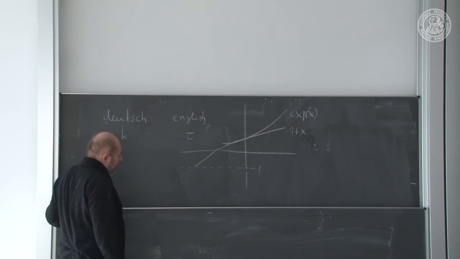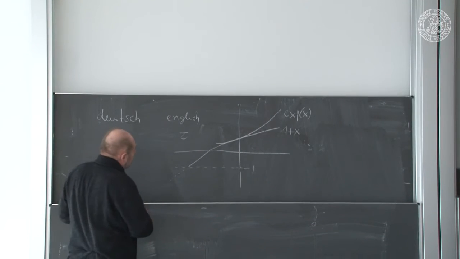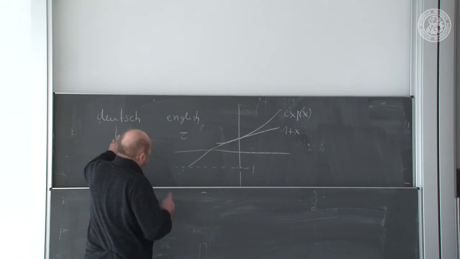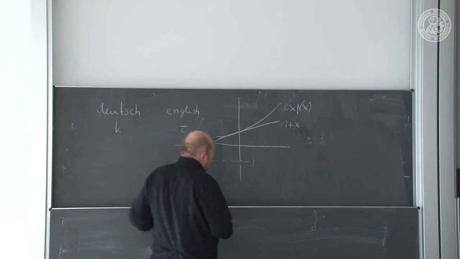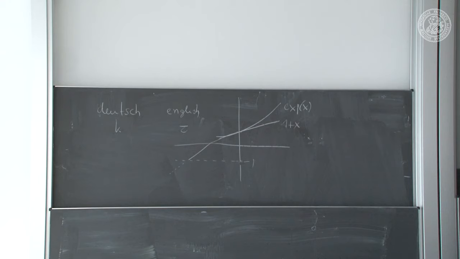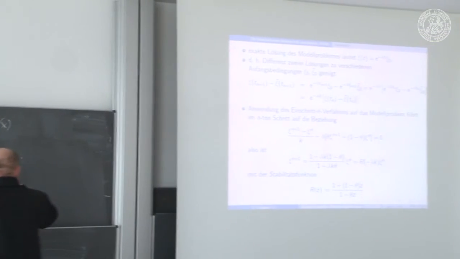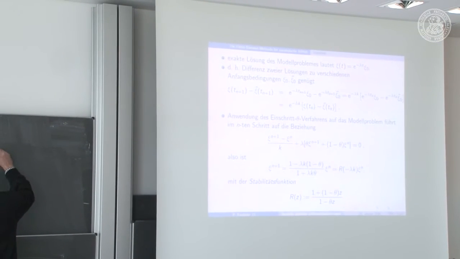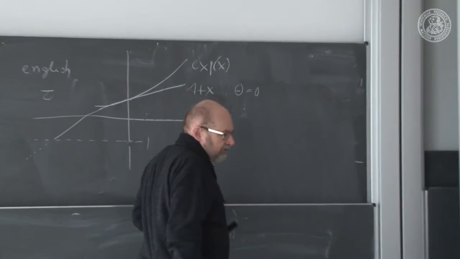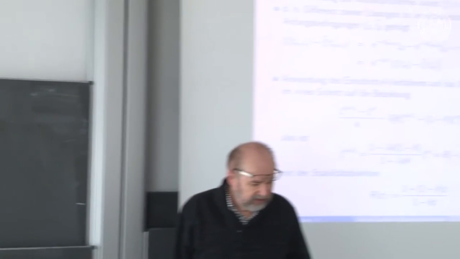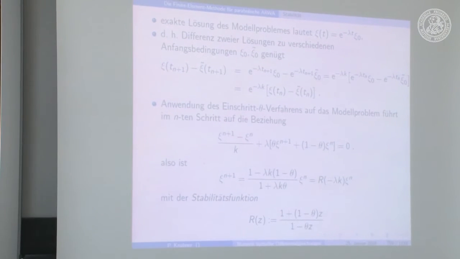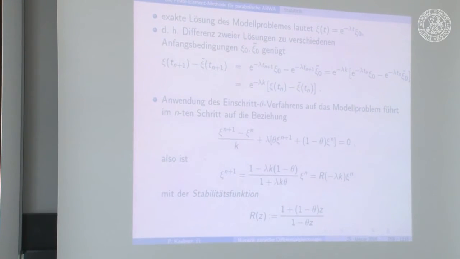And now we have to distinguish somewhat between the implicit Euler and the Crank-Nicolson method. Where is the function again? Here it is. So here is theta equals 0. Now what kind of functions do we have? We have the case theta equals 1. So this is just 1 over 1 minus z. So somewhere I have to draw now